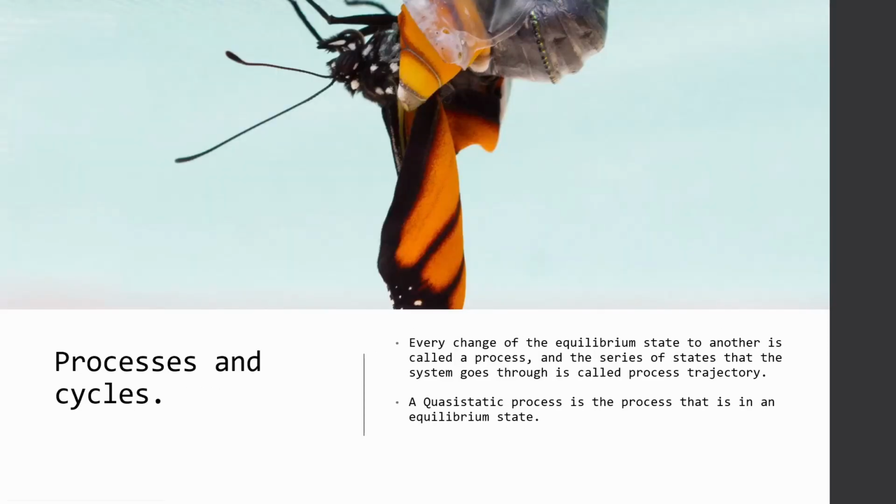And we have also the process and cycle. So if we are going to change the state of our system and we want to change a property, we have to go through a process, and we can repeat it and repeat it and repeat it as a cycle. And a quasi-static process is a process that is in an equilibrium state. Okay, so I think this is very simple. I think the images will help you remember about this,